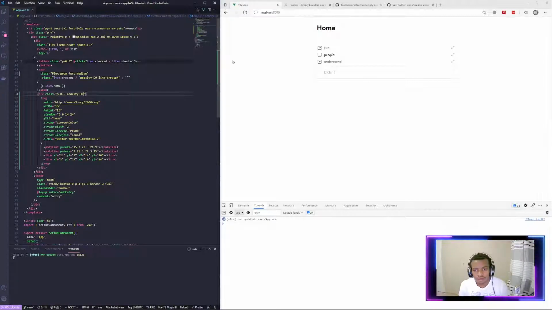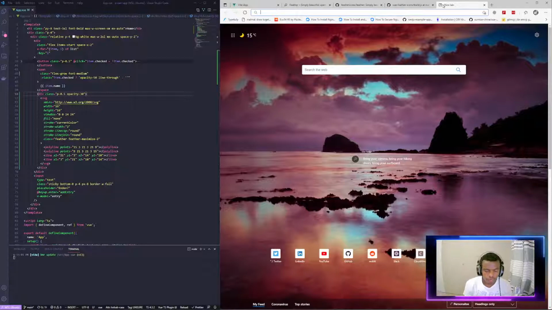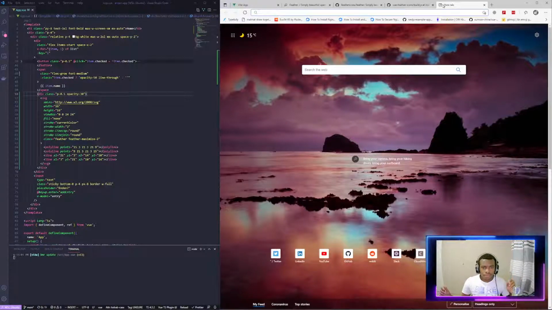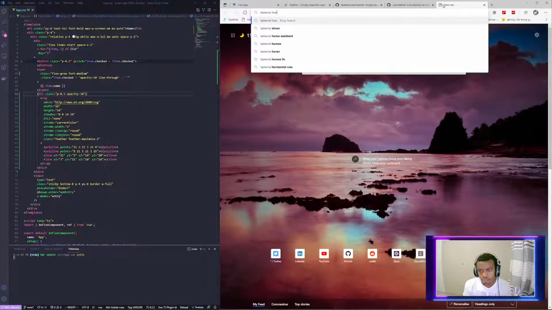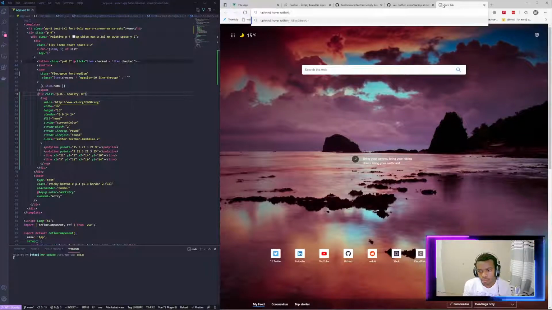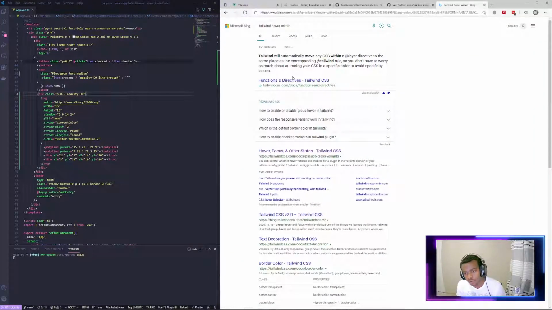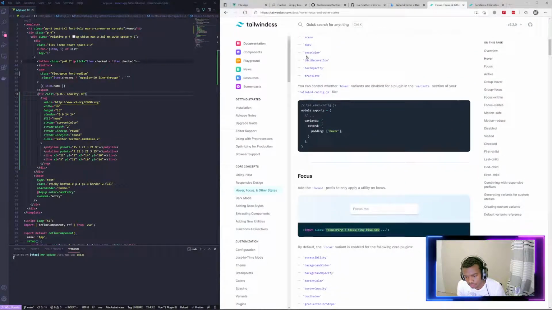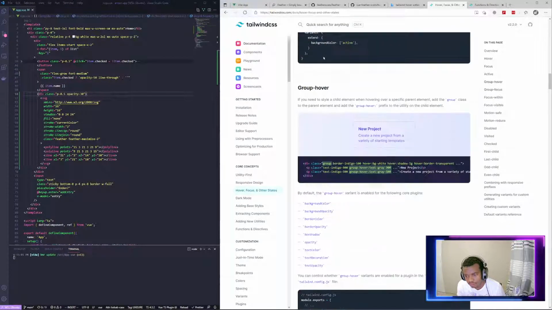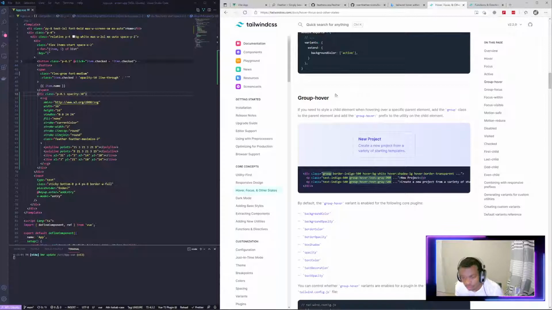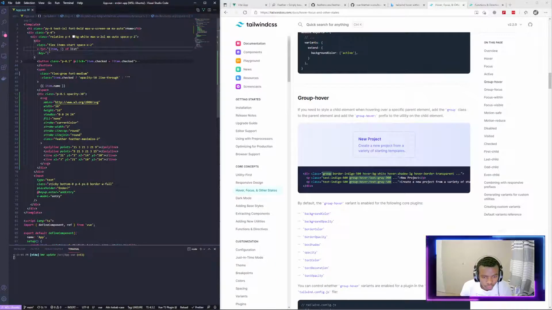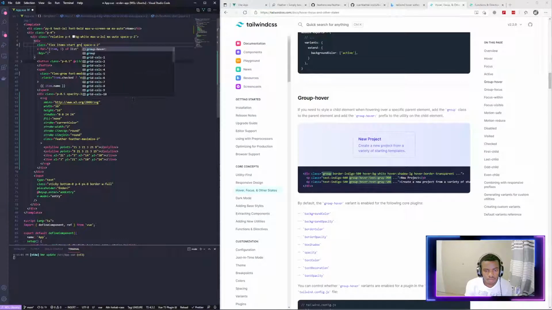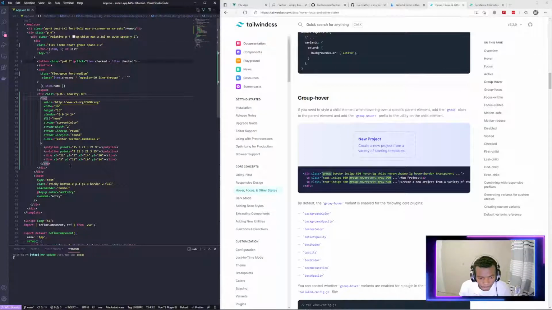And then is it hover within? There's this thing that Tailwind has. If you hover over a parent, a child can do something about it. Is it hover within or is it focus within? I think it's focus within. I don't think it's hover within. We'll see though. Focus, active, group hover, yes. First of all, we make the child a group, and then